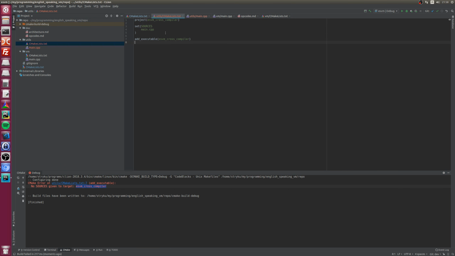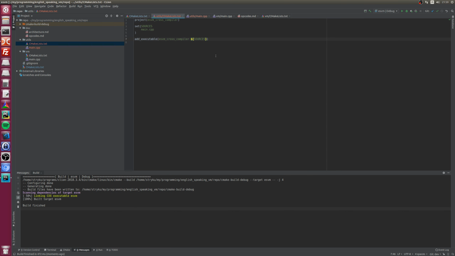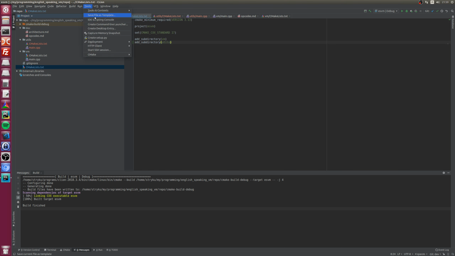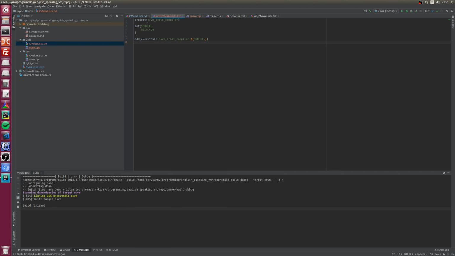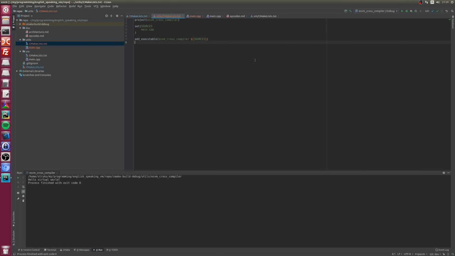Oh yeah, okay. Sources. Does it work? I need to reload that or not. Let's just set cache and, okay. Yep, there's a target. Let's build it and run. Cool.